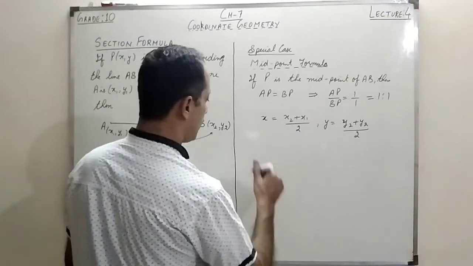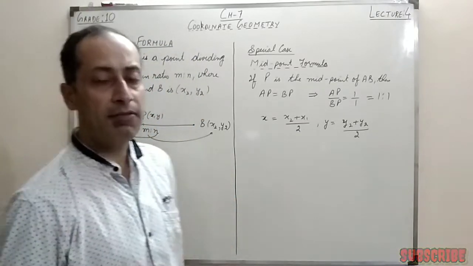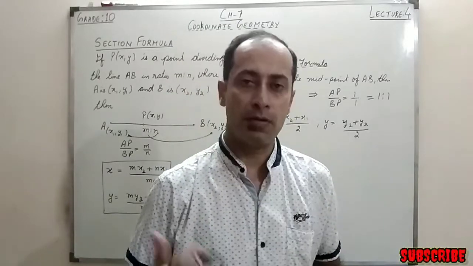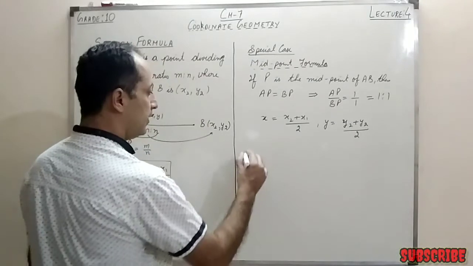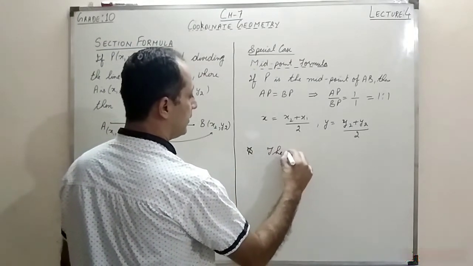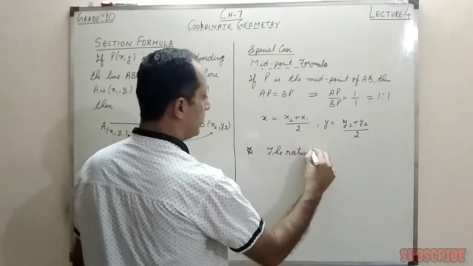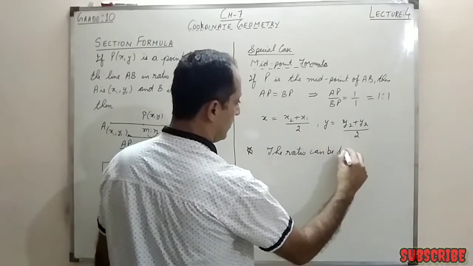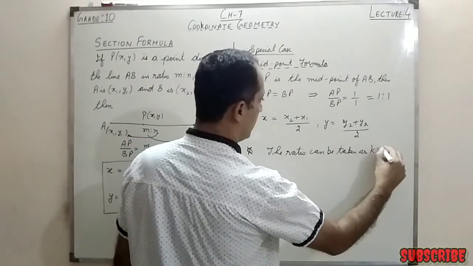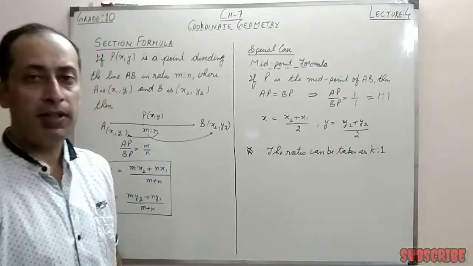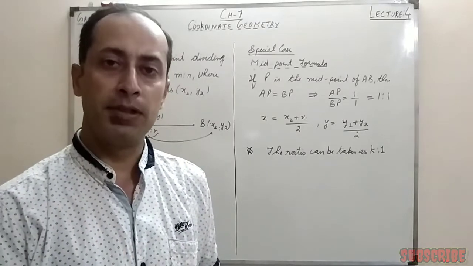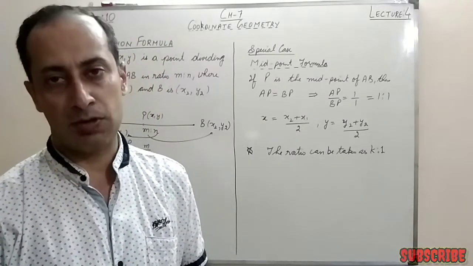Thirdly, there is one more thing. In case we have to find the ratio, suppose the ratio is not given in the question and we have to find it, what do we suppose in that case? The ratio can be taken as K/1. Although you can do it with m and n also, there is no harm, that can be done, but to make it simple, we take it as K/1, right?